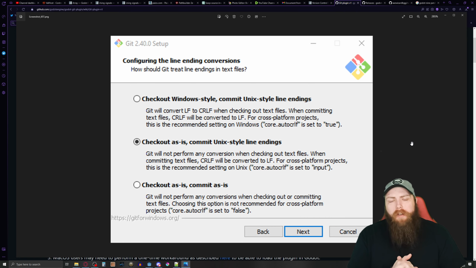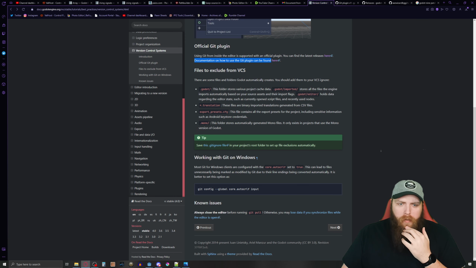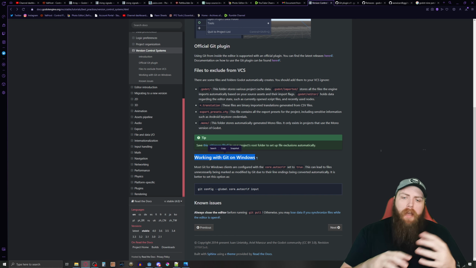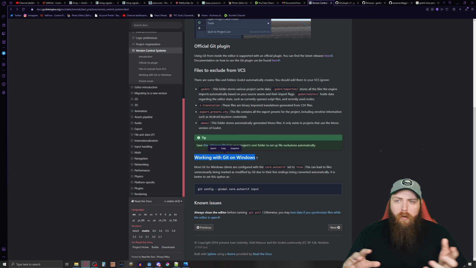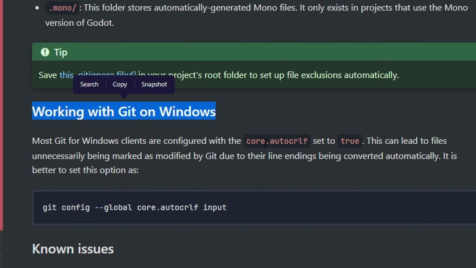Next, it's going to ask you to configure your line endings. This installer defaults to the top option, but I recommend choosing the second option, because if we go back to the documentation here, there's this working with Git on Windows section. So I'm using Windows. If you're watching this, you might be using Windows. It might be a slightly different process if you're using Linux or Mac. But for this, they want us to set this